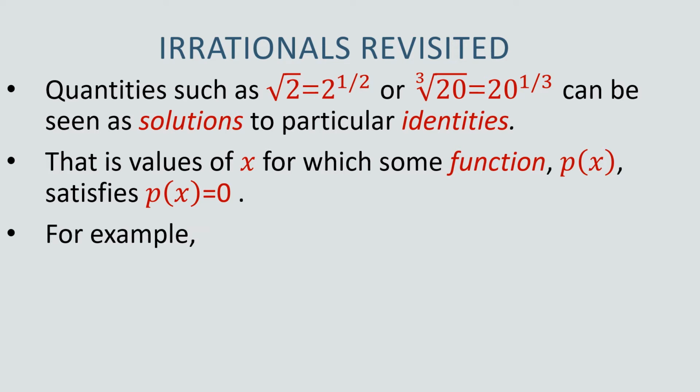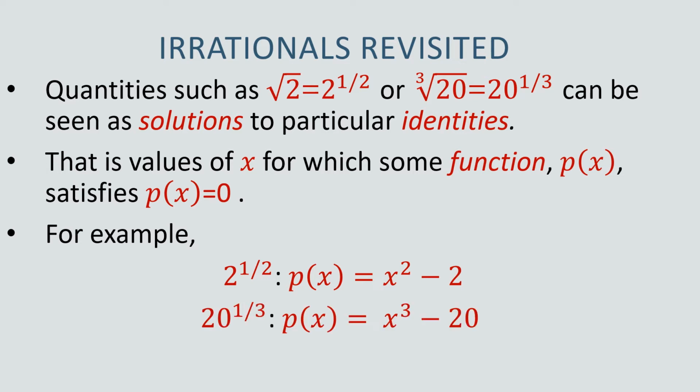So a couple of examples. Square root of 2, we can describe that as a solution to the identity p of x equals 0 in the case of p of x being x squared minus 2. If we evaluate this when x is the square root of 2, square root of 2 squared is 2. We subtract 2 from that, we get 0. Similarly,